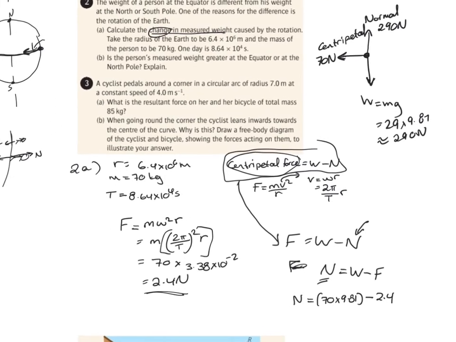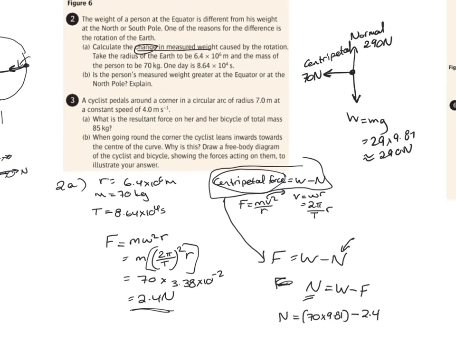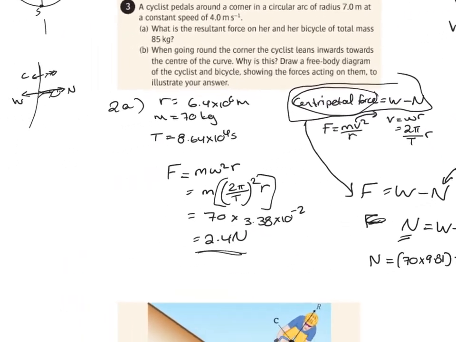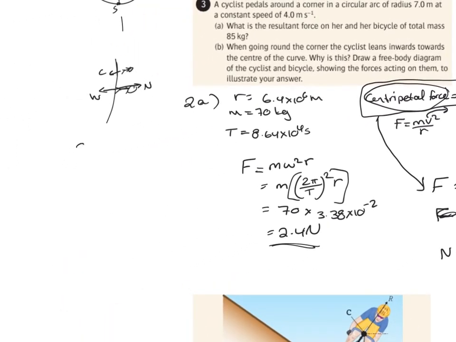Then for part B, it says, is the person's measured weight greater at the equator or at the North Pole? And explain your answer. For this one, you have to state that the weight will be lower at the equator,